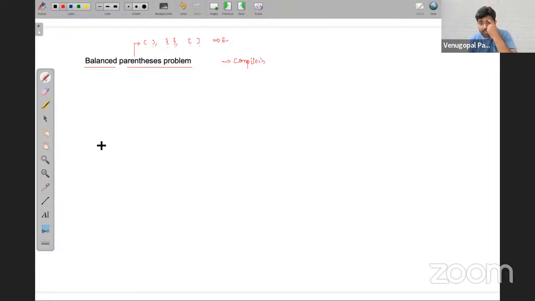Now, if any expression is a combination of these six parentheses and I want to say that the expression is balanced, it should satisfy two conditions. What are those two conditions?